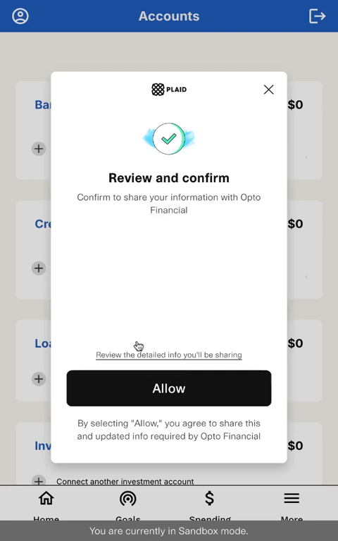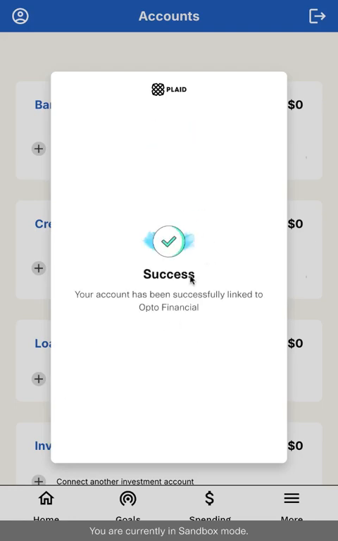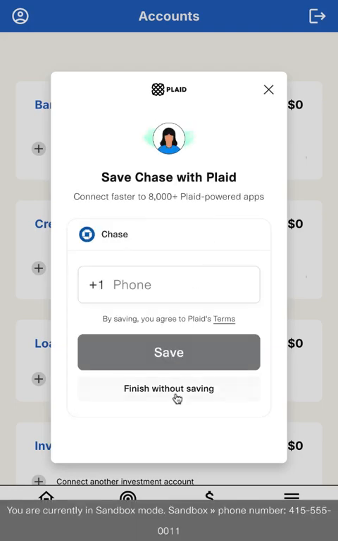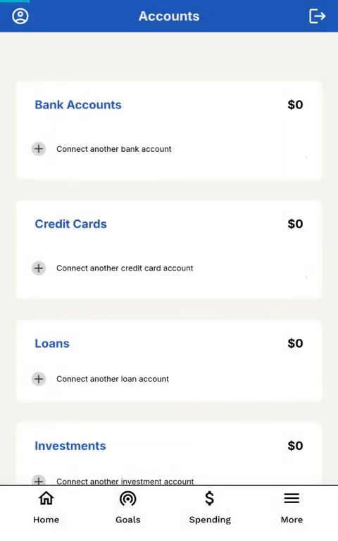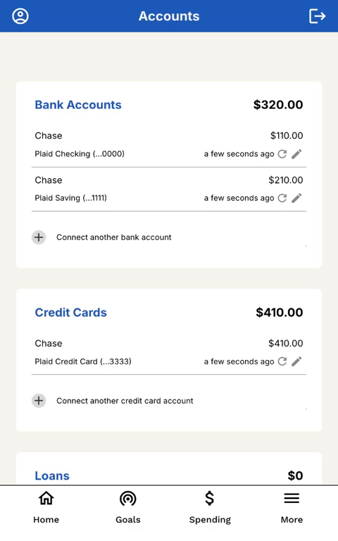So just be sure to add as many banks or accounts that you would like to track on a daily basis. So once I review and confirm, I'm going to allow Plaid to connect our accounts, and I'm going to finish without saving for now. So that'll just take a second to load and pull in the bank accounts. So now you can see that